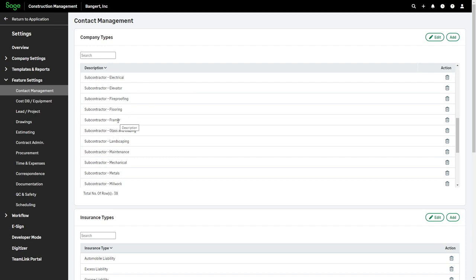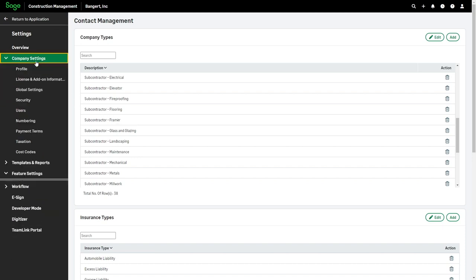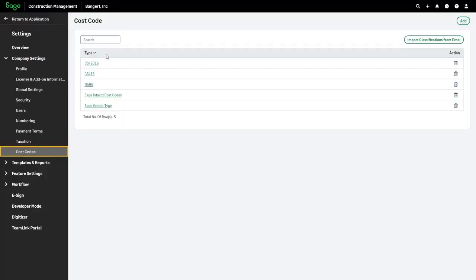And the reason why I mentioned that is there is also something in my company settings called cost codes. So when we're setting up contacts, you can actually set up what type of company they are. Oh, they're a sub or supplier or owner or whatever different types you'd set up. But you also get the opportunity to set up something called cost codes associated with that company also. So in this case here, I've already got preloaded, and there'll be another video at a later time that'll kind of show how to create these lists and things like that.